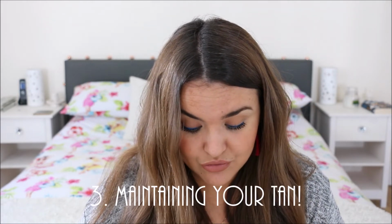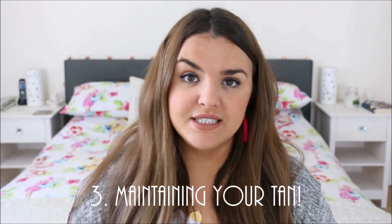It feels soapy, and I'm not that into it. Then in terms of maintenance, I wake up in the morning with my guide colour still on, and I'll shower. Now, a lot of people will tell you to shower with tepid water and to not use soap. I don't do that. That might be why my tan doesn't last as long as it does on other people,